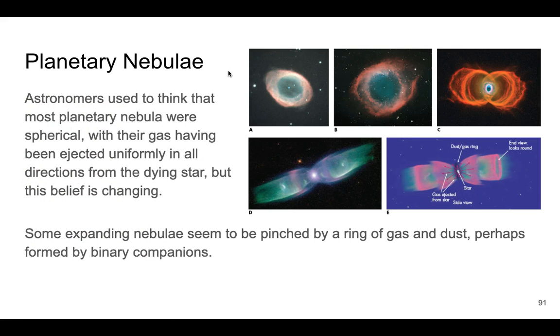So we used to think that planetary nebula tended to be spherical. So the star would just kind of, the outer layers, once the star gets too big, they just kind of drift away, and they would do so in a spherical fashion. So like this, case A up here. However, now that we have better and better telescopes and we see more and more of these things, it turns out they can get really complicated.